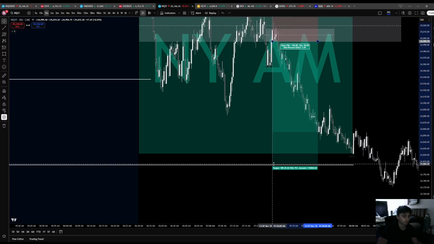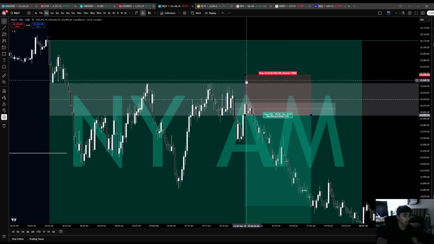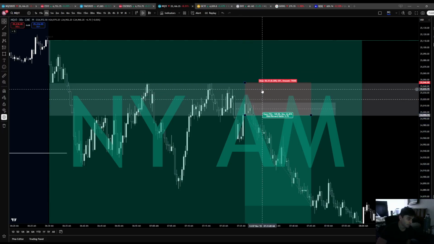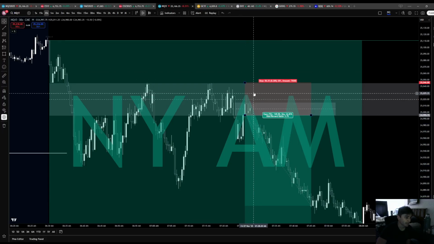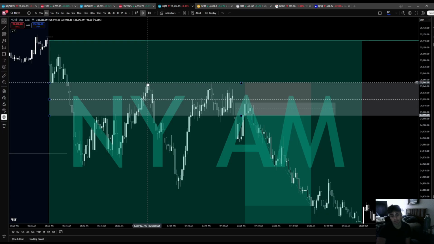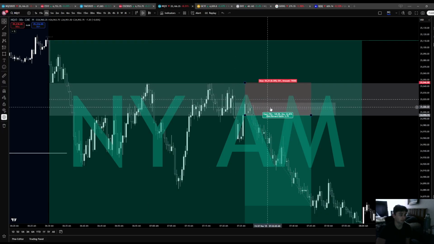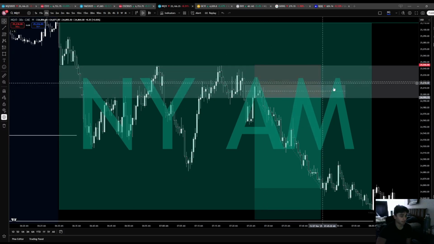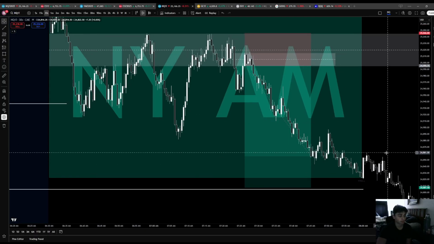Targeting lows down here, and I put my stop above the high. The reason I put it above the high is because if we push back above this, A, it's probably going to close the 5 minute gap, and B, that's going to invalidate the SMT. So that's going to fully invalidate my trade if we get above this high here. So stop went above the high here, targeting lows, super easy trade,